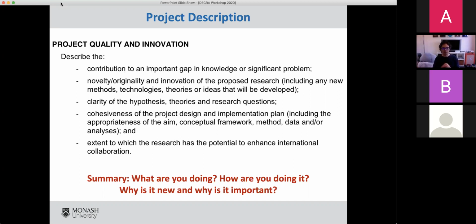So Timothy asks, does capability or collaborations mean outline the collaborations you plan or highlight the potential based on past collaborations? I would say it's a little bit of both. So draw on past collaborations or your experience building them where you can. If you are doing this project at Monash because you've got access to this expertise and this infrastructure, and you're also bringing in a new international collaborator, that's great as well. So a little of both there.